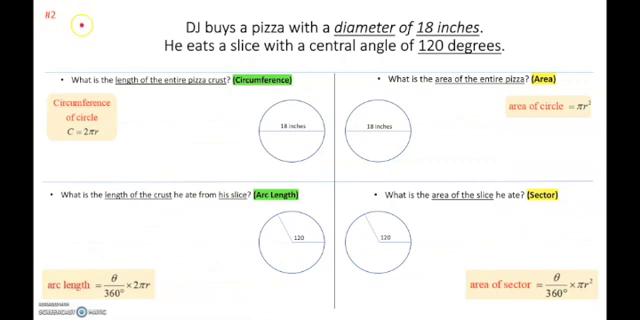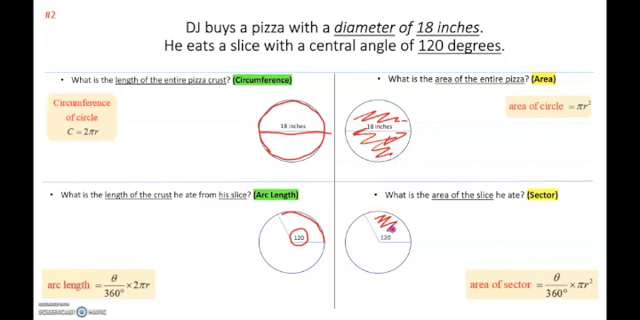Now on to our second example. DJ buys a pizza with a diameter of 18 inches, and he eats a slice with a central angle of 120 degrees. So let's again find the circumference, the arc length, the area,